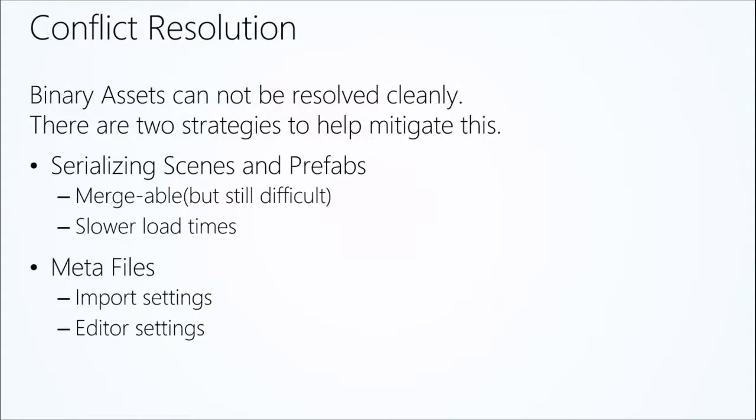So in scenes, the order of your objects in a scene doesn't necessarily matter. So you can take a look at it with a merge tool, and you can see, oh, Voil's just added an axe, and I just added a sword, and they're both not marked active. So we can say, okay, it's fair enough to keep both those objects in there attached to the character. That's perfectly happy. So we're fine to go ahead and merge that.